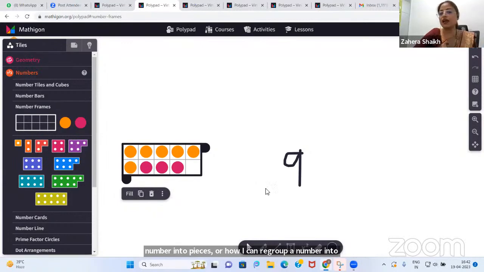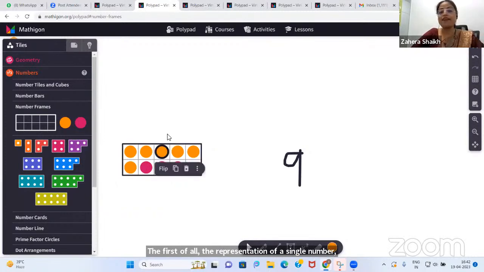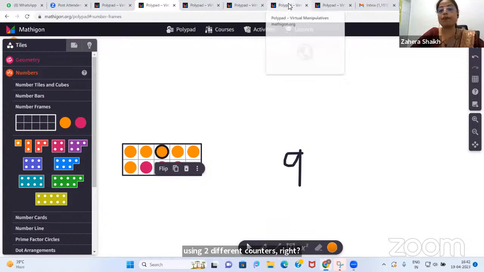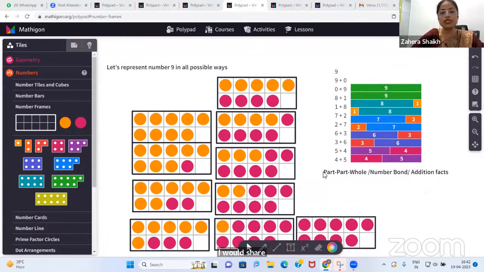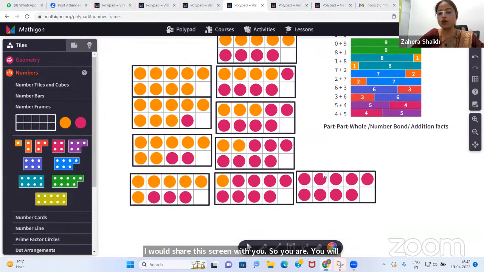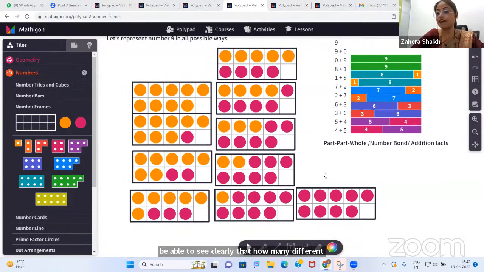So what other activities can we do using this tens frame? First of all, the representation of a single number using two different counters, right? So I can find out how many different parts I can break this number into. I have already done it, and I just want to share. I would share this screen with you. So you will be able to see clearly how many different possibilities there are to represent 9 for my